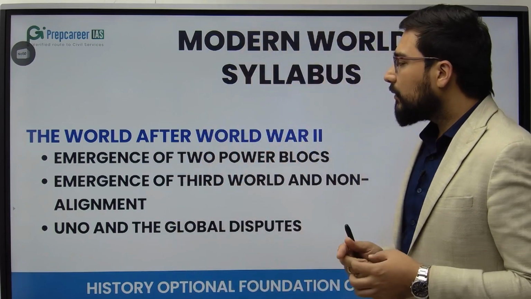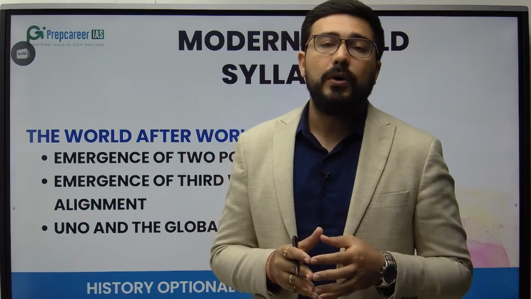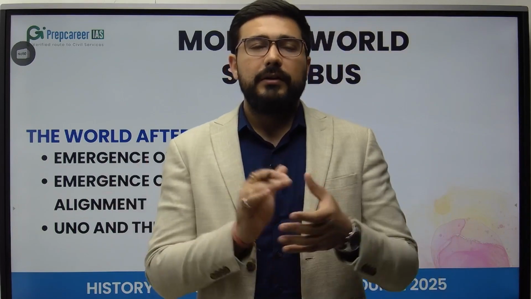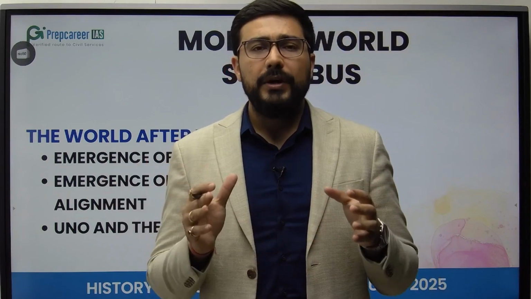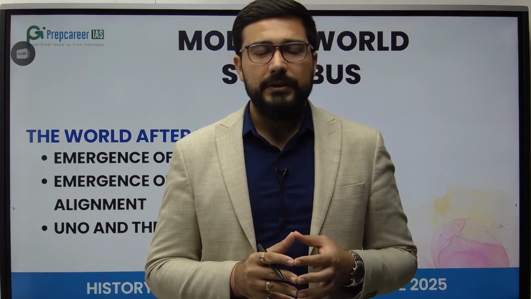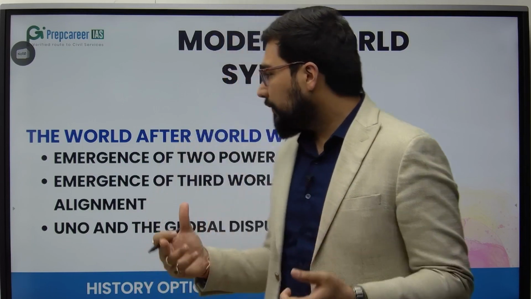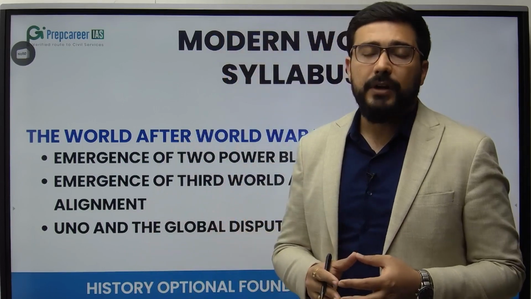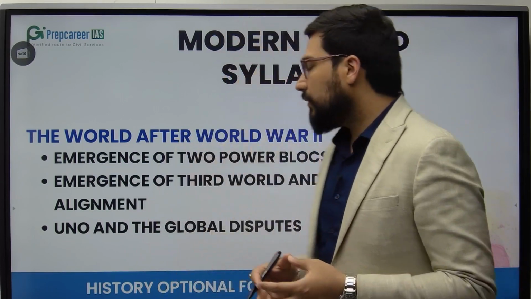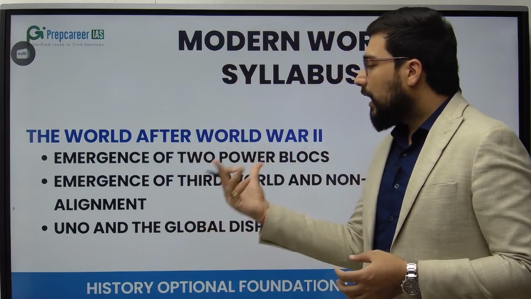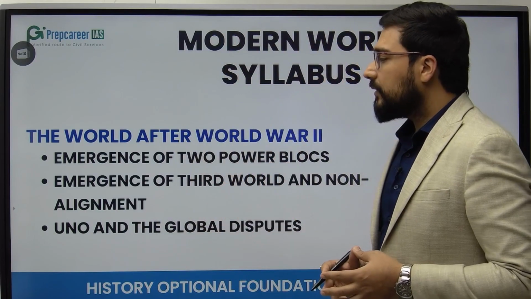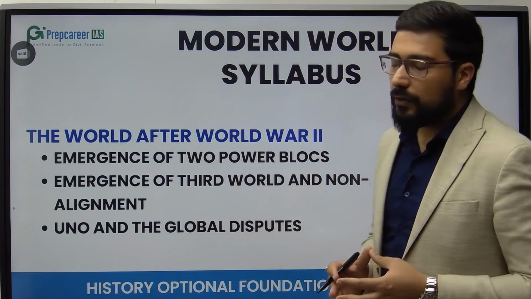Second, it's about the emergence of those people who did not want to get eventually problematic, right? They didn't want to get stuck between these two world powers, otherwise they would have just become the areas of proxy war. So that's why the second phase is about the rise of NAM, countries like India, countries like Indonesia. And finally after 1945 we also see the rise of UN and its role in solving global disputes,